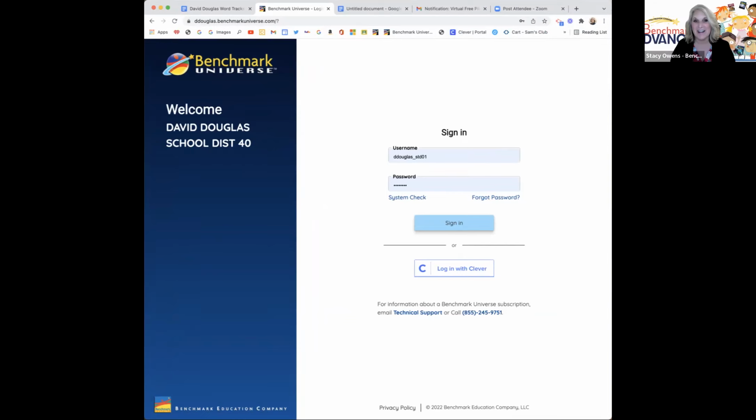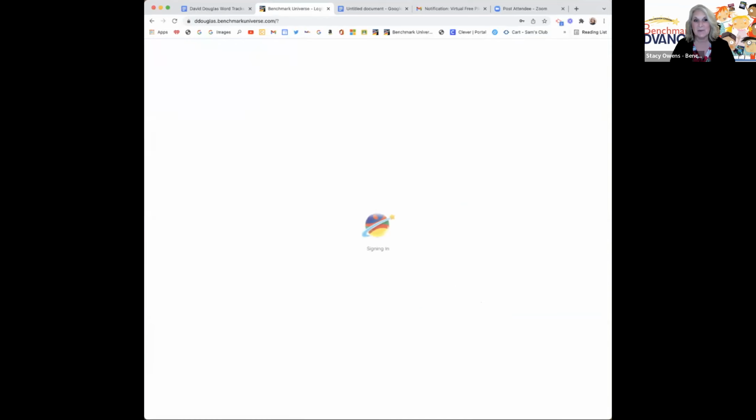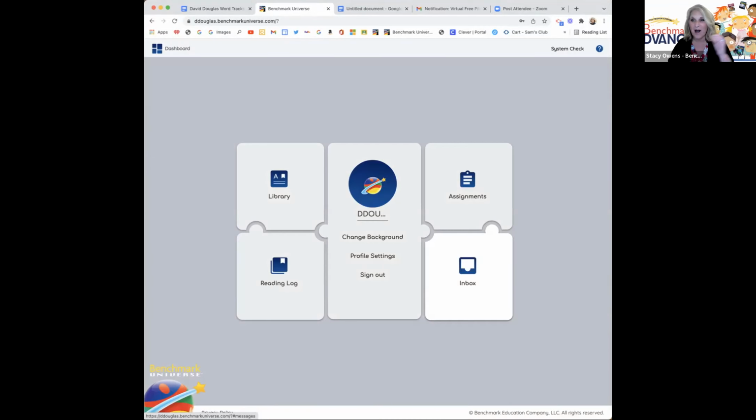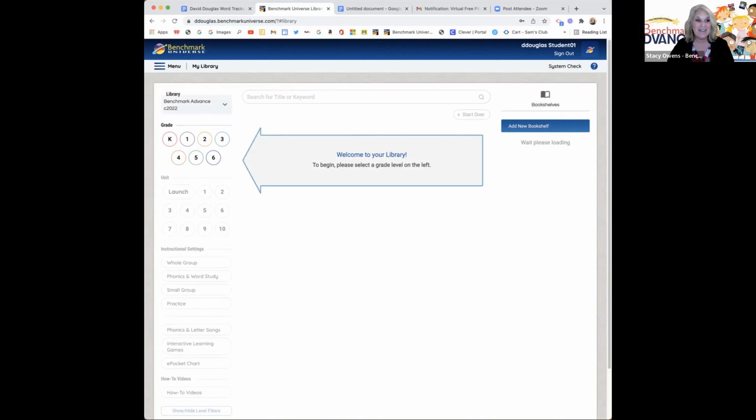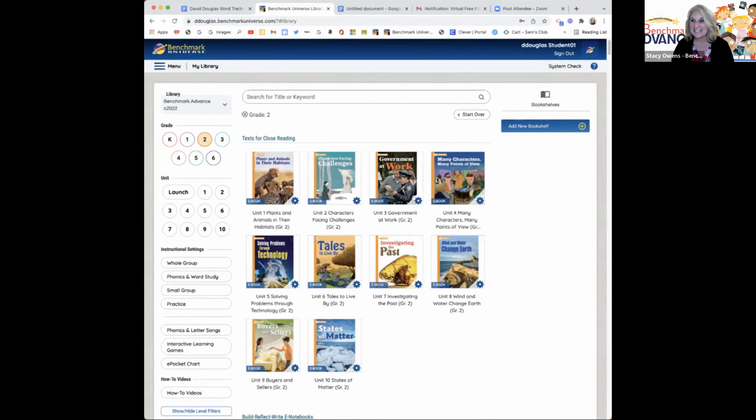So Jen, really quickly, and our audience, here is that online portal. You'll sign in with the code that you were provided. We'll also put it in the chat. And as it pops up, it'll populate with all the opportunities within our portal. There's that box going around with our library, our assignments, inbox, and reading log. You can go right in and take a look at any of those opportunities within that portal. Just click your grade level and explore away. There's lots to do. You'll want to filter. If you can shop in Amazon, you can definitely filter and benchmark. So you'll be able to see a little bit of everything. Just get your grade level, grab a unit, and just dive in.